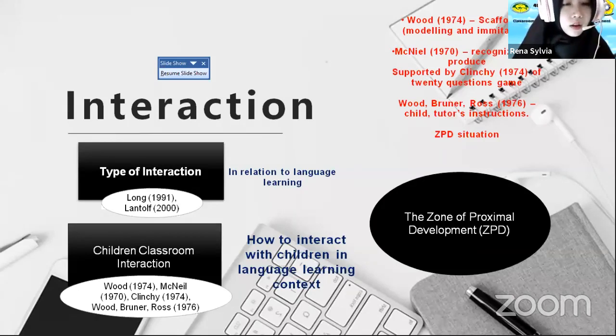And then, for the children classroom interaction, there will be how to interact with the children in language learning. Wood in 1974 introduced that scaffolding is the main